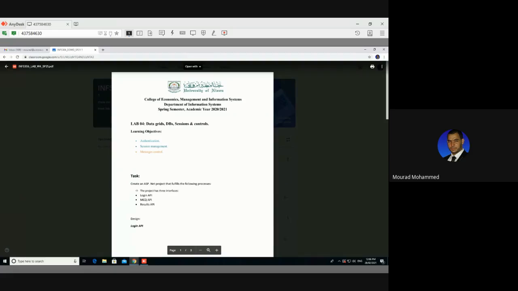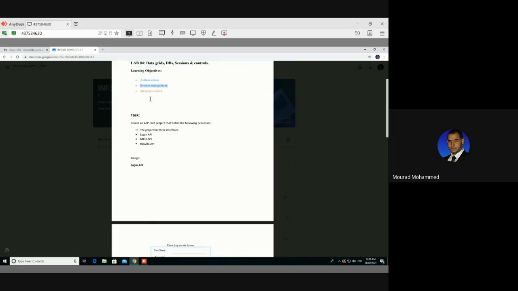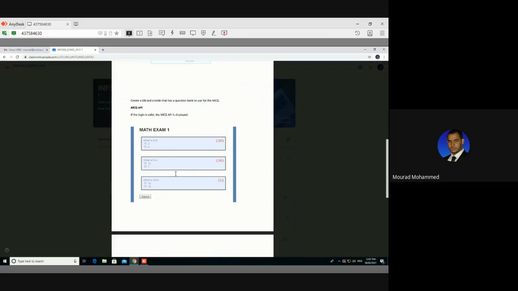and the back end. Today also we are going to integrate the use of the databases. So the request is asking us to design an API, an application that has 3 interfaces. He's given them the names as per the task for the purpose of the authentication and the session management. In addition to, we are going to use the controls, which are in this example the grid view. We're going to use the grid view in order to fulfill the creation of